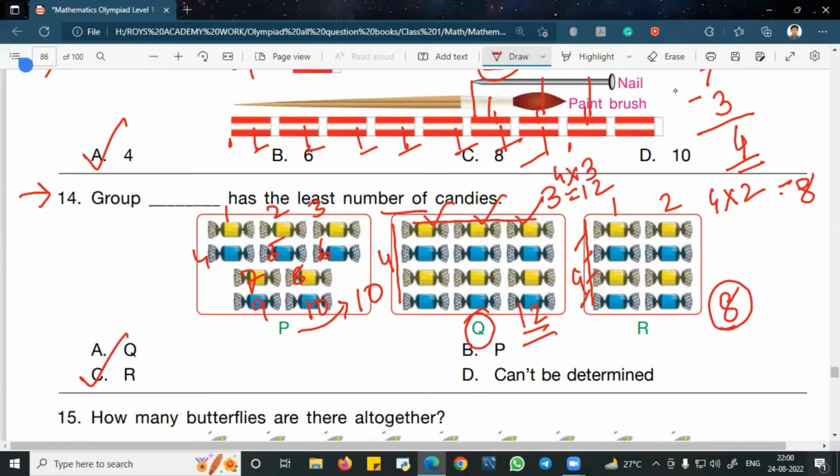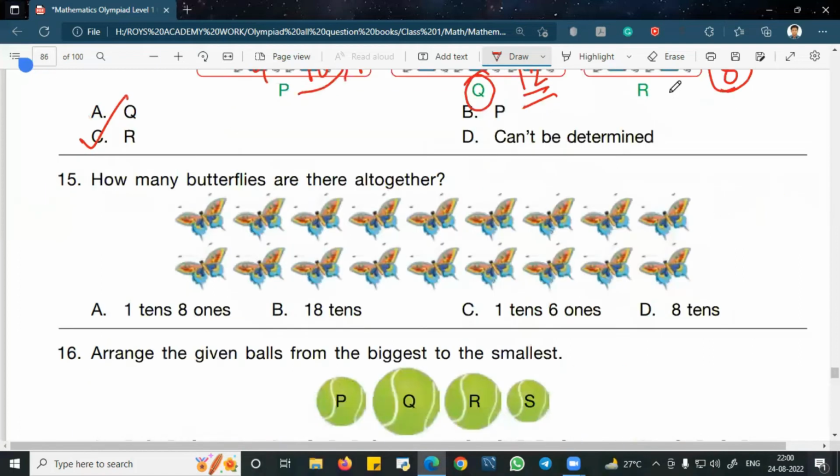Okay. So now we go to question number 15. In the 15th question, what is being asked? How many butterflies are there all together? Okay. So at first we have to count how many butterflies there are. So guys, see there. There are 1, 2, 3, 4, 5, 6, 7, 8, 9, 10,